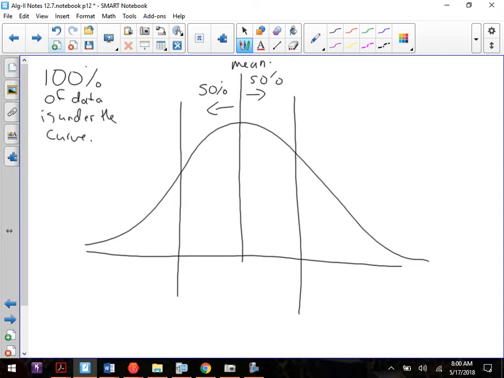Now, within one standard deviation, so this is minus 1 SD, plus 1. So when you go within one standard deviation,